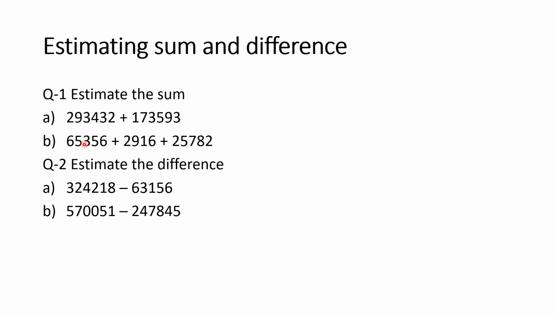At first you will find out which is the smallest number, and the smallest is 2,916. And what is the highest place of this smallest number? Yes, thousands place. It means always remember that we will round off to the nearest thousand place in all numbers. I am just giving you a hint. Okay, so now you can do these questions very easily.